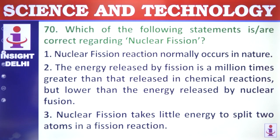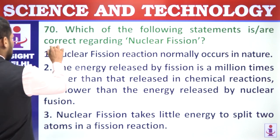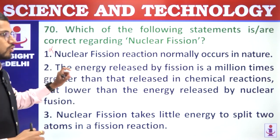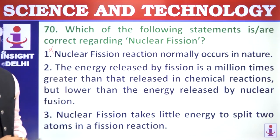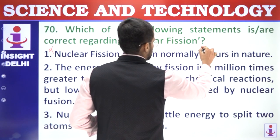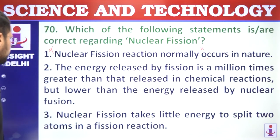Next, 70. Which of the following statements are correct regarding nuclear fission? First, nuclear fission reaction normally occurs in nature. Incorrect. It requires high-speed neutron, and that's why that neutron can be available only in the artificial settings, and hence it does not occur in nature. Second, the energy released by fission is a million times greater than that released in chemical reactions,